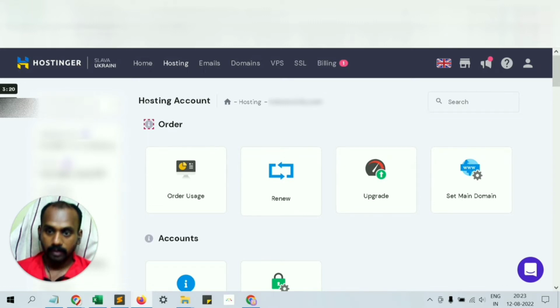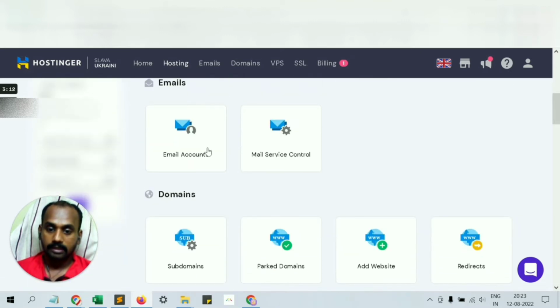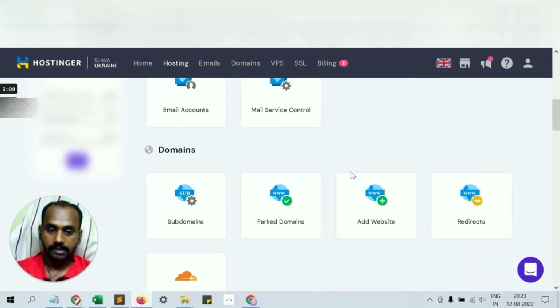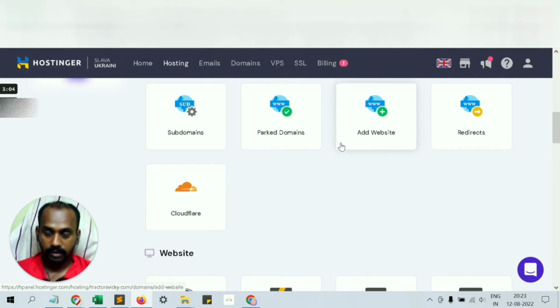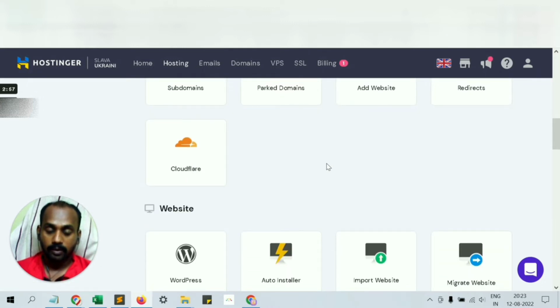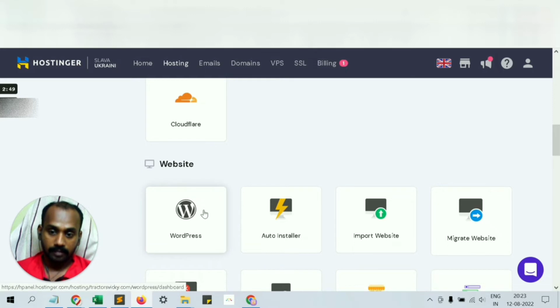Once you log in, you can choose the desired plan. You have to come to hosting, and this is where all the things are placed. You can create subdomains. You can add multiple websites with a single hosting provider itself. You can have an SSL certificate, and you can configure a CDN, and they will by default operate a managed WordPress solution, so you don't have to worry much about the